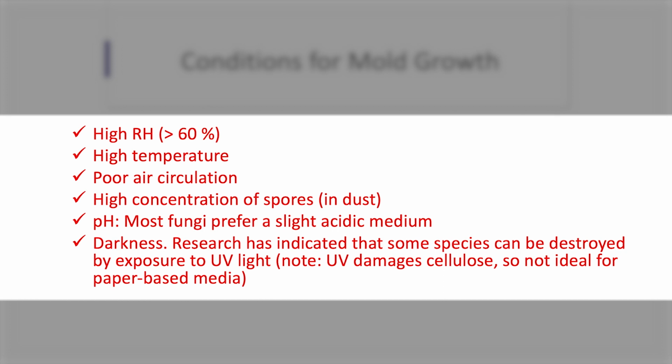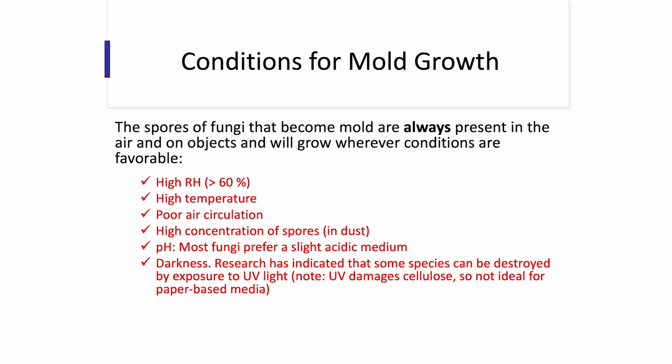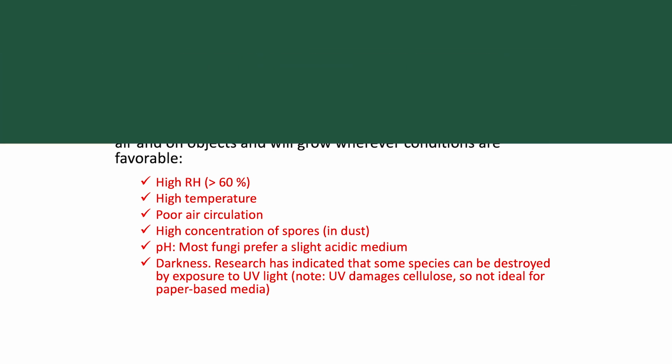In as little as 2 days of high humidity, meaning greater than 60% RH or relative humidity, and with temperatures over 72 degrees Fahrenheit, mold spores can germinate and bloom into a large outbreak. Mold also likes a slightly acidic medium for growth, which makes the acidic papers and binding materials found in archival and library collections a perfect target. Again, given the proper conditions, mold spores can germinate, so taking preventative actions to mitigate the presence of mold and mold growth is the best approach to creating a safe environment for long-term collections care.